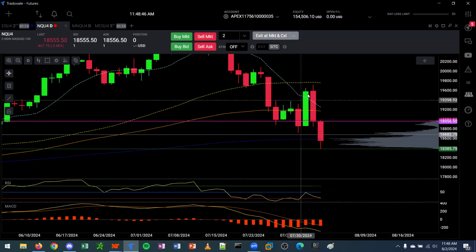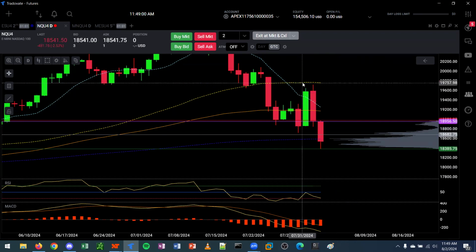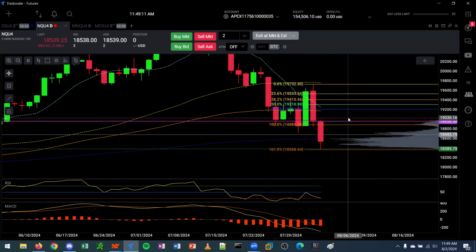So I would fib out, and on Tradovate, it's opposite of NinjaTrader or TOS, where you gotta go with the direction that you want the fib to go. So if I want it to go down, I would fib from the top on Tradovate to the bottom. And the first play that I always look for out the gate as soon as it opens up is the retrace back to the 50%. Today we didn't get it,